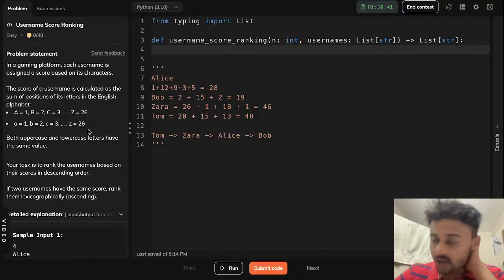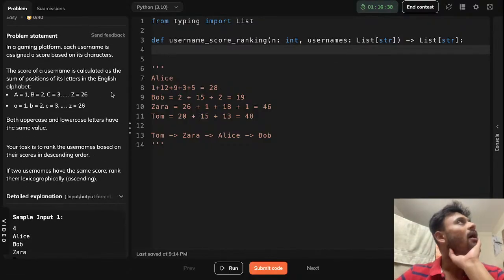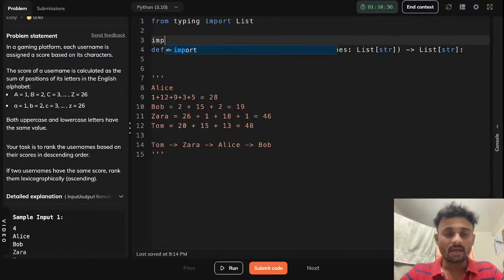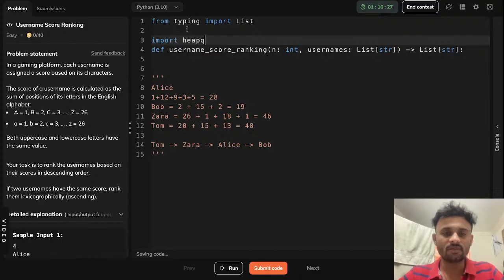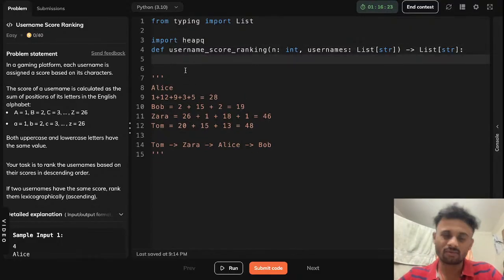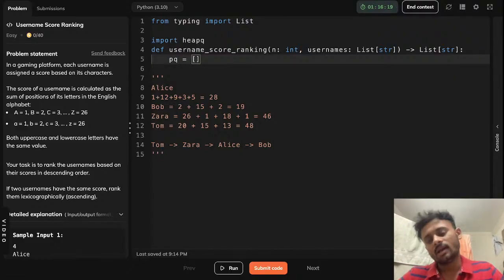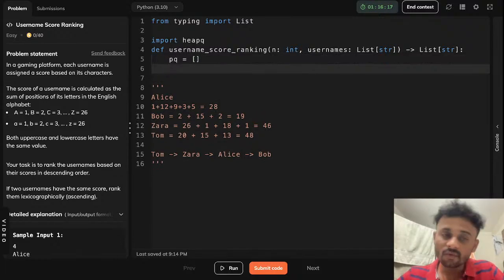We can do it using a priority queue as well, but I'll try to do it in a simpler way. Actually, let's use a priority queue. So import heapq, because at the end we have to sort the array. So PQ is empty right now. And what we are going to do is, for each username in usernames,